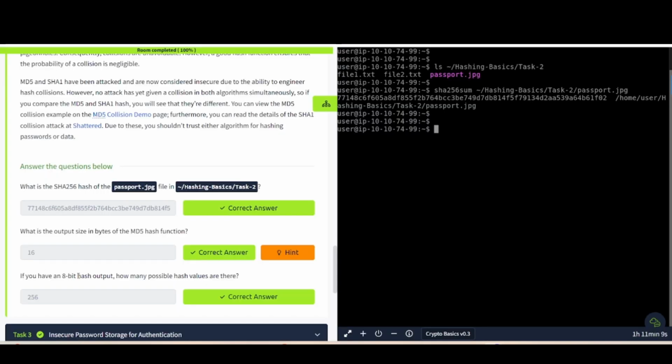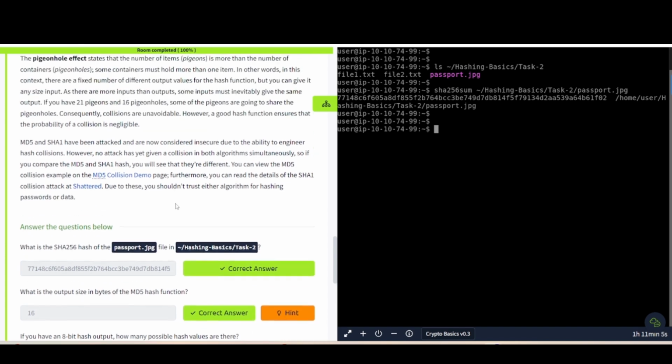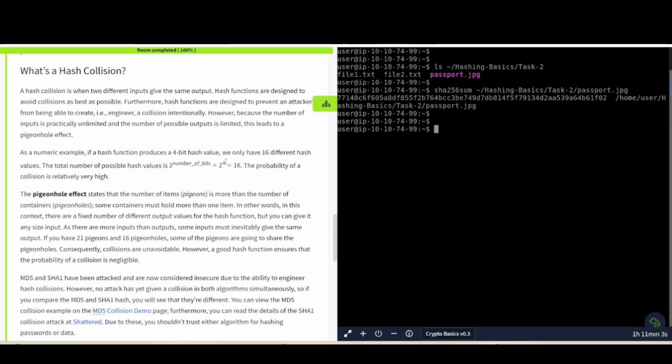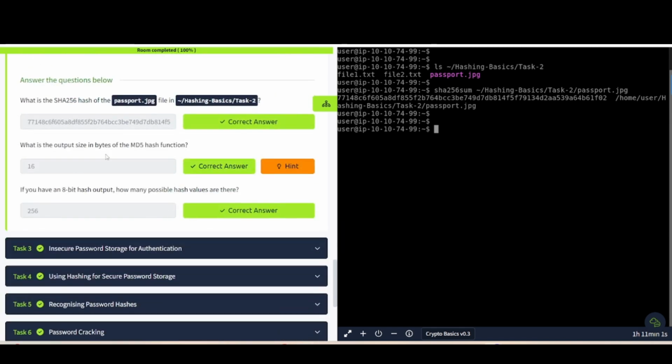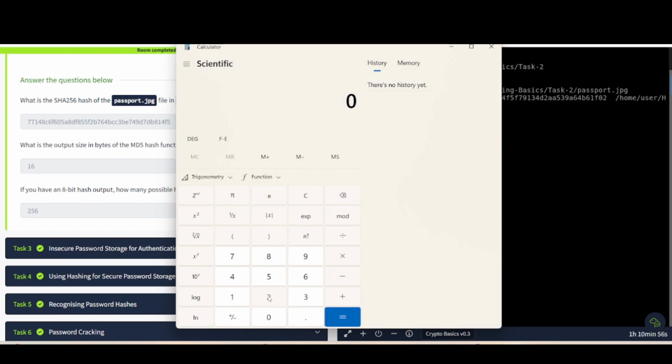If you have an 8-bit hash output, how many possible hash values are there, right? So if you go back to that formula up here, we've got 8 bits, right? So 2 to the power of 8 is going to give you 256, right? And if you want to see that, you can just pull up a calculator. All right, so 2 to the power of